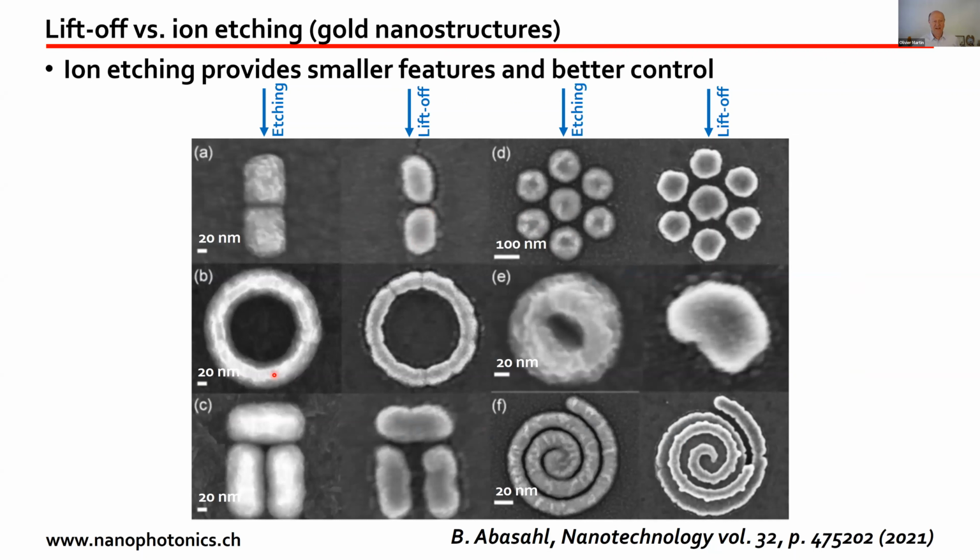With etching, you can get very, very accurate dolmen structures. These structures have strange optical resonance that we call Fano resonance. It's not just a Lorentzian shape. You can make things like spirals. You see this is possible with etching, but if you try to do it with liftoff, it's very hard to lift off the part in between. All the details about these different techniques are given with great precision in that publication, if you're interested.